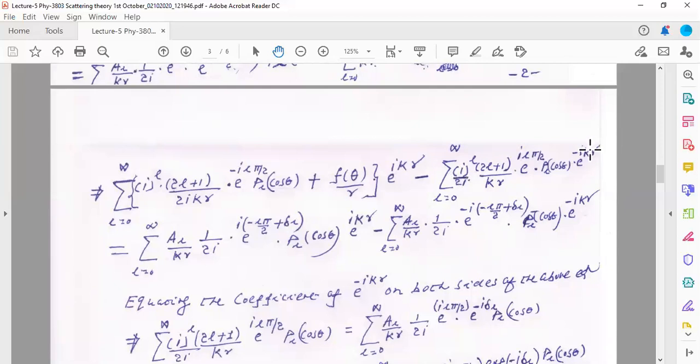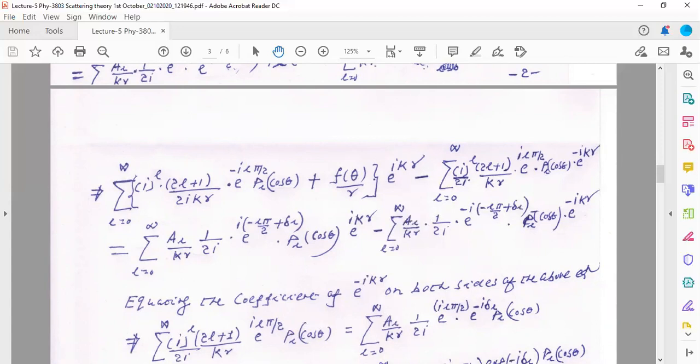So the coefficient of e to the power of minus ikr on the left hand side is i to the power of L upon 2i, 2L plus 1 upon kr, e to the power of iL pi by 2, P_L cos theta, is equal to, minus and minus cancelling,